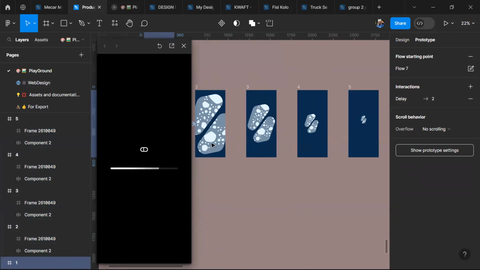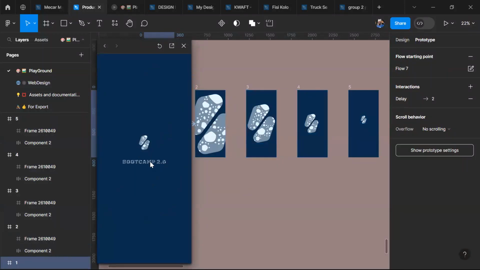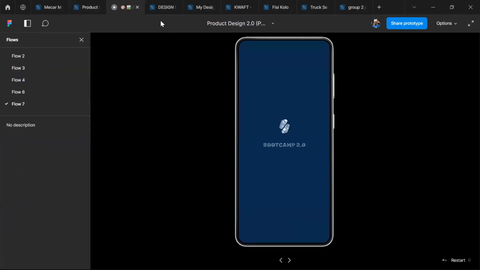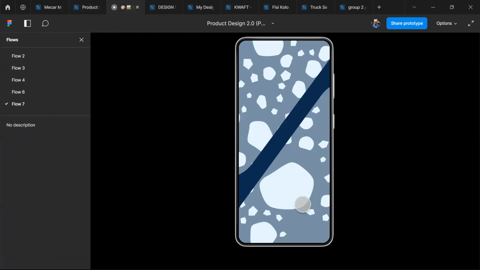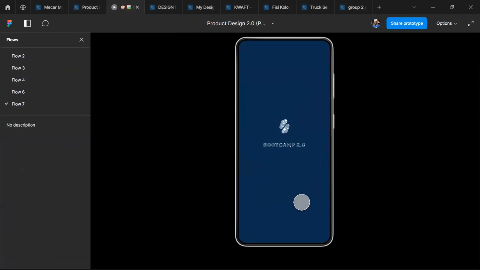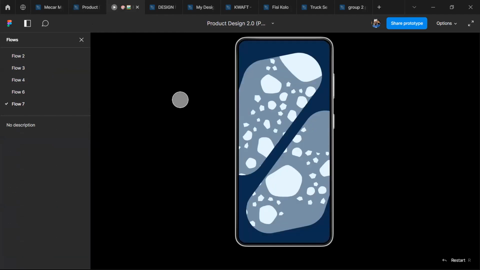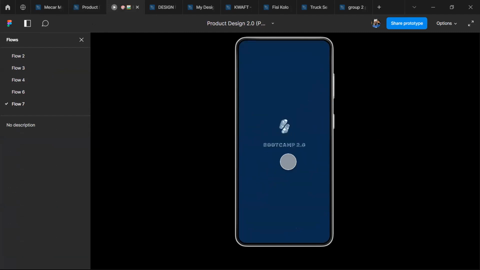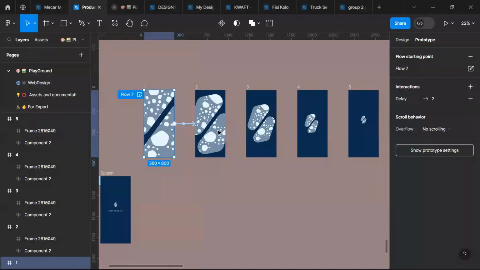The idea is for it to come from a full screen down to this place. Yeah, I think it's kind of looking nice. Let me go to restart. Okay. So it's kind of looking nice, right? Yeah, it is. So another thing I want to do is I might want this bootcamp 2.0 to come in from under, so I can also do